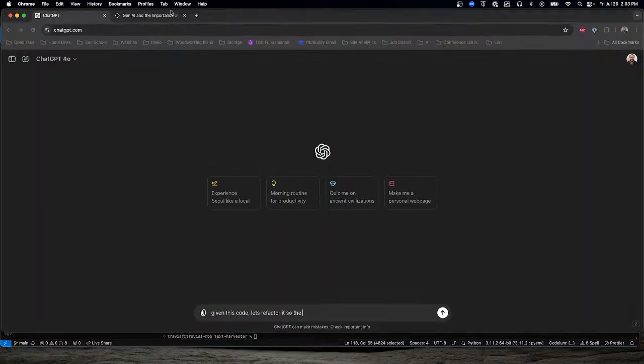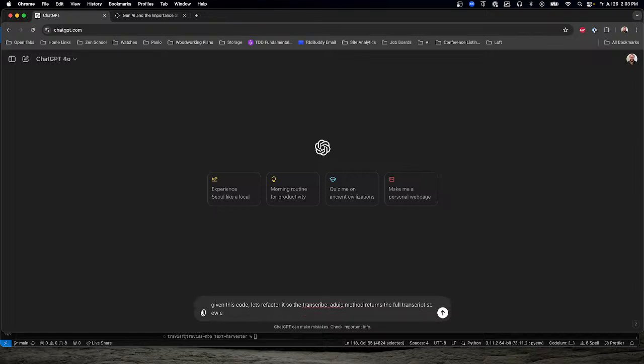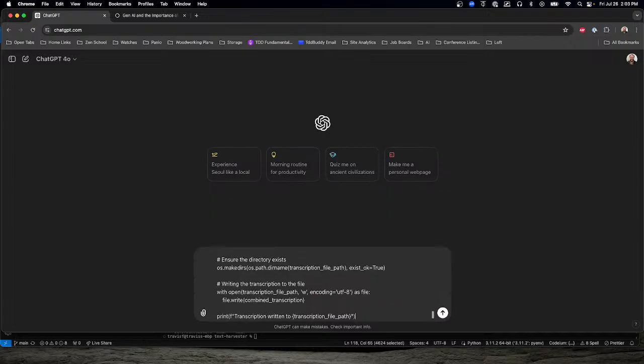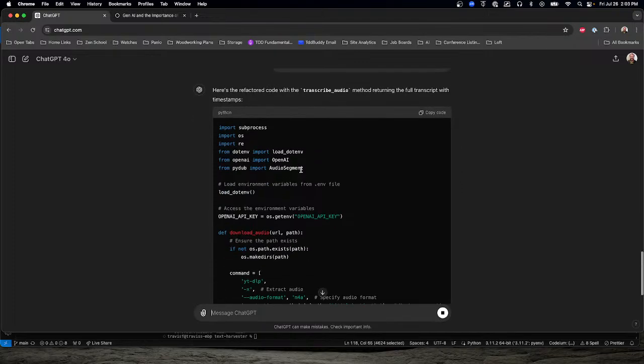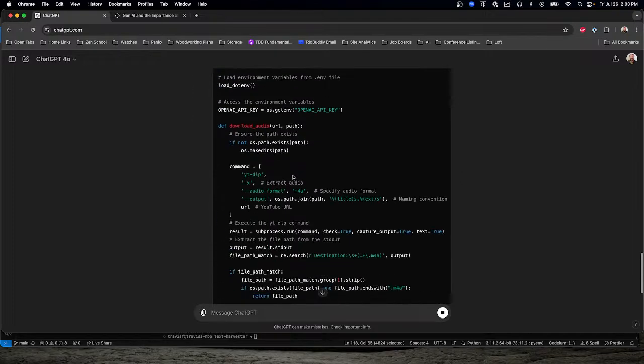The transcribe audio method returns something so we can keep the timestamps with the text. Now let's see what it does. Okay, here's return the full transcript with timestamps.